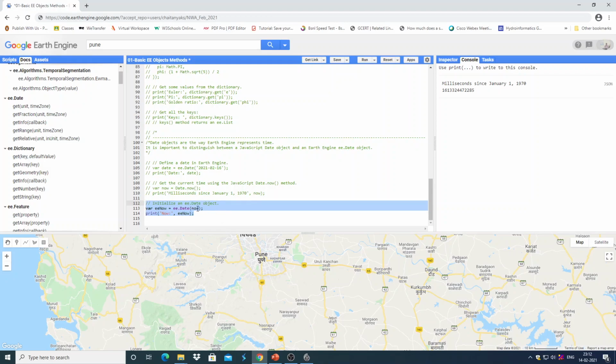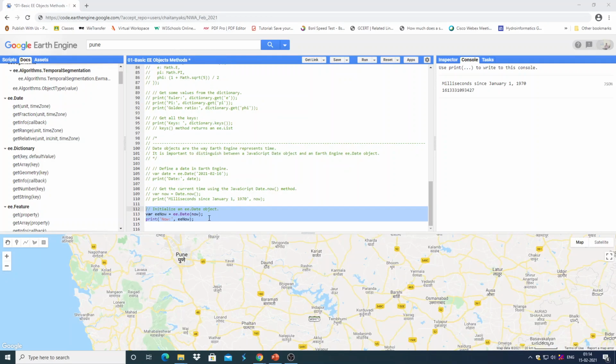How to initiate an Earth Engine date object? It is by using this method ee.Date.now. Within parentheses, the argument is now. It actually points to Greenwich Mean Time.